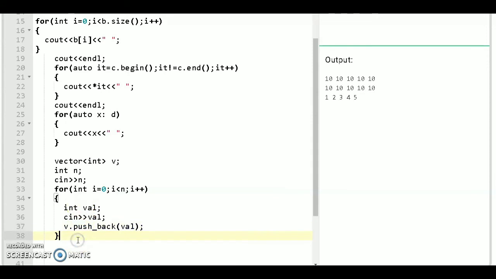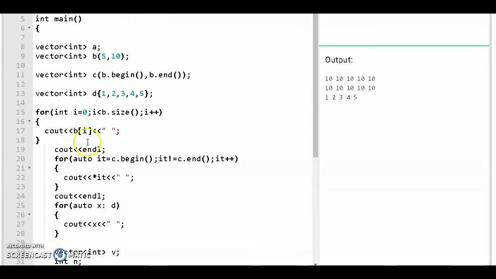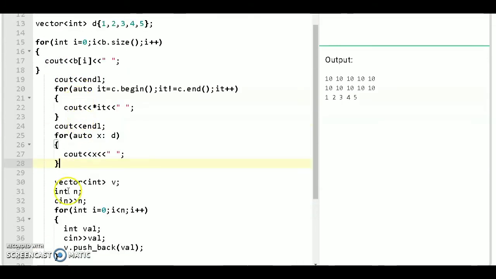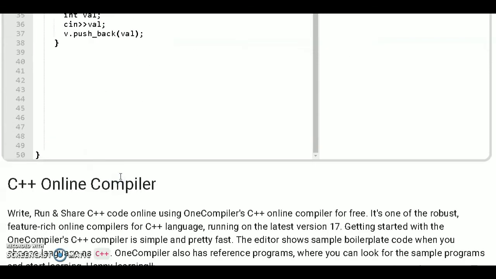For printing we use the for each loop. So just copy from above and change the name of the vector to v.